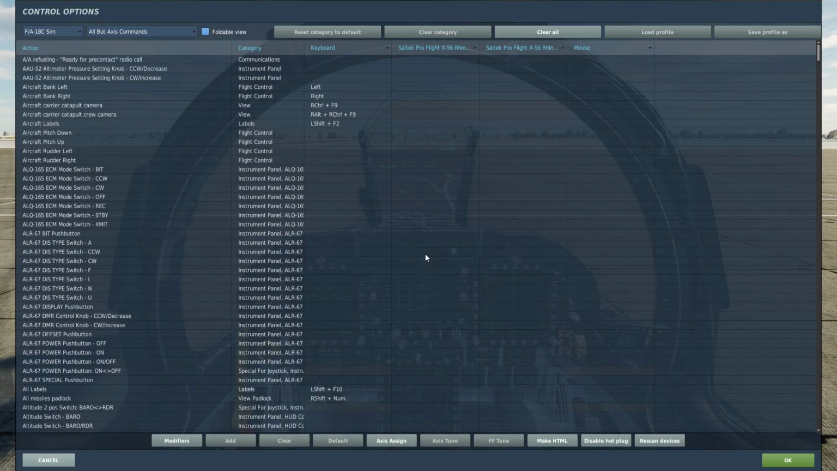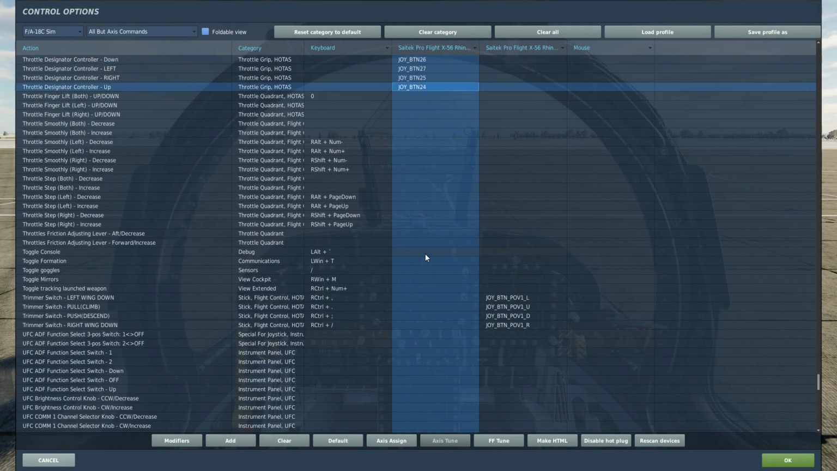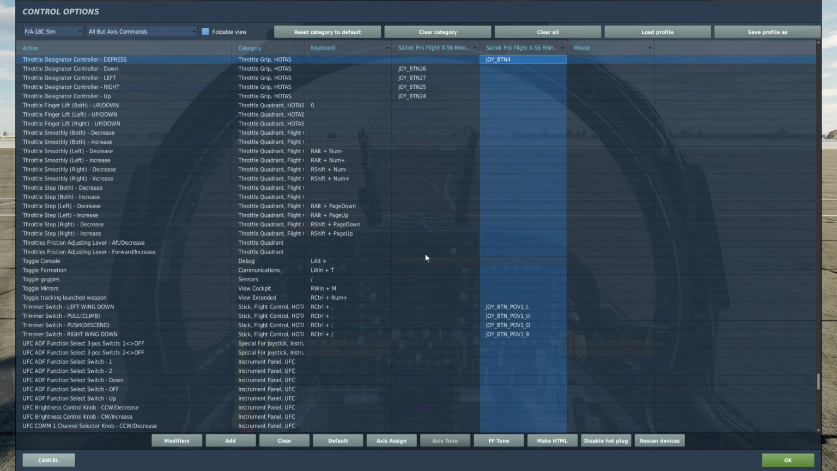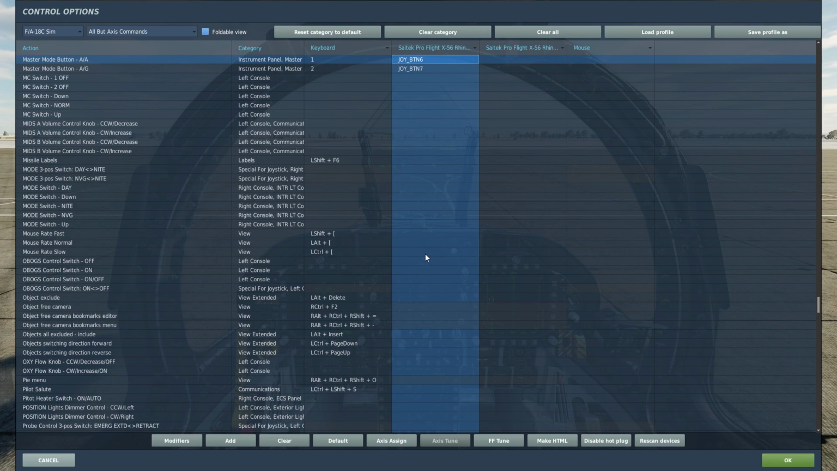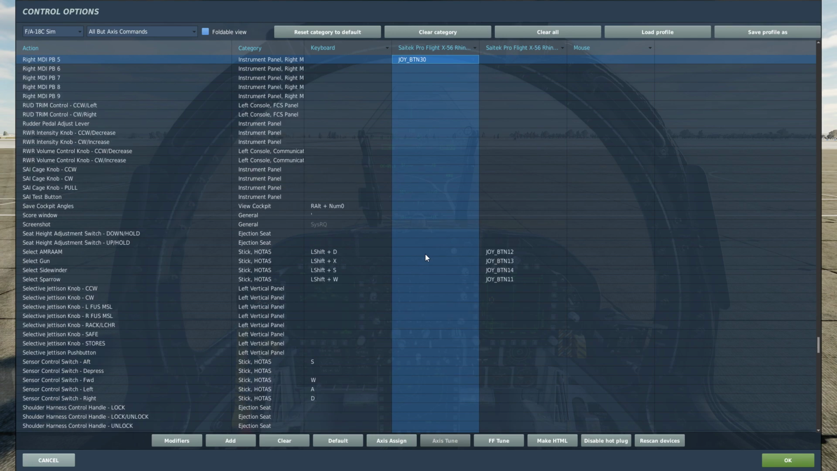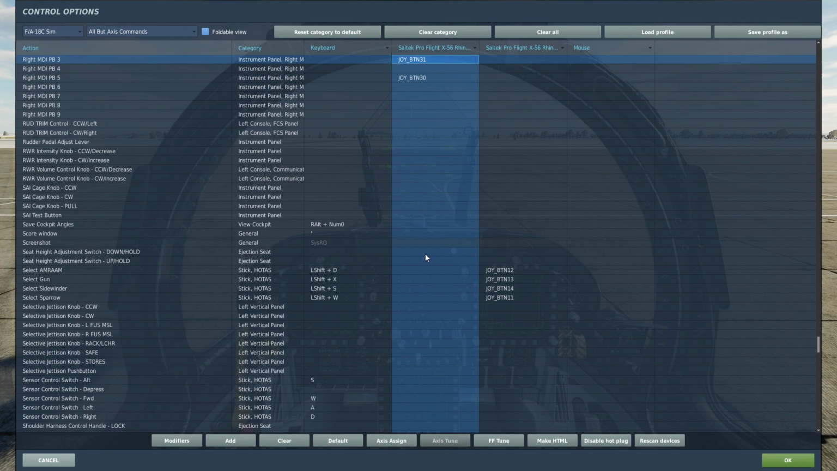This is how I'm going to slew my cursor around, the TDC controller. How I'm going to designate target, TDC depress. Air-to-air master mode. Also using the right MDI PB5. You don't have to have a button bound to that. It's just a button I have. I'll show it to you on the screen. That's about it